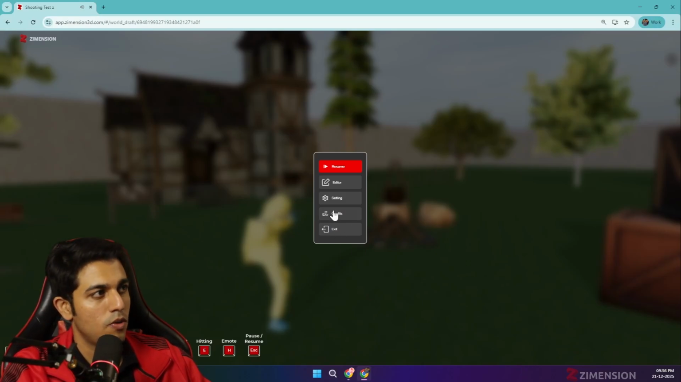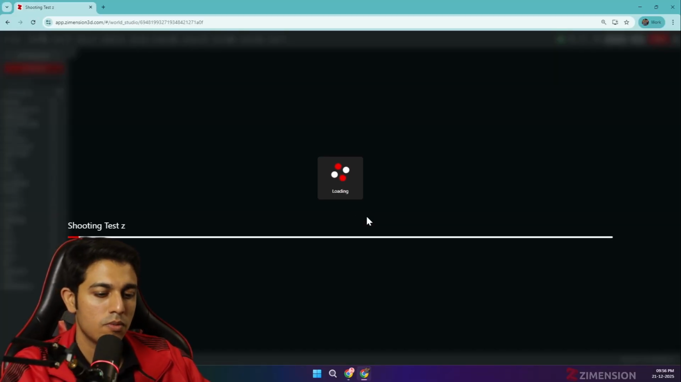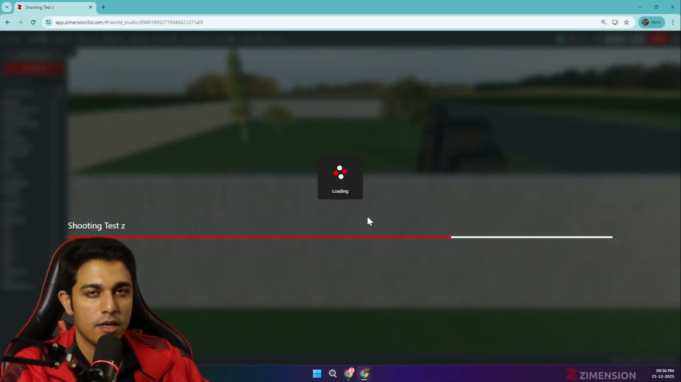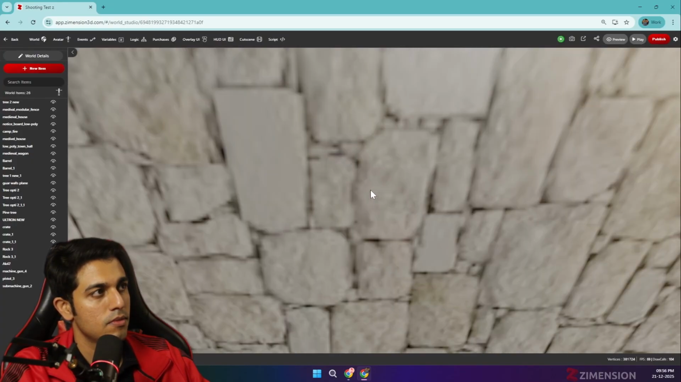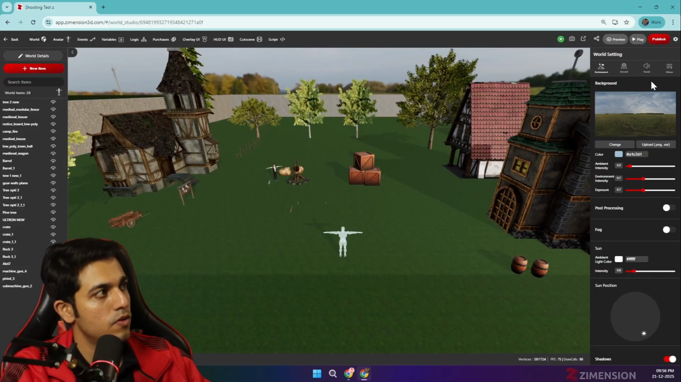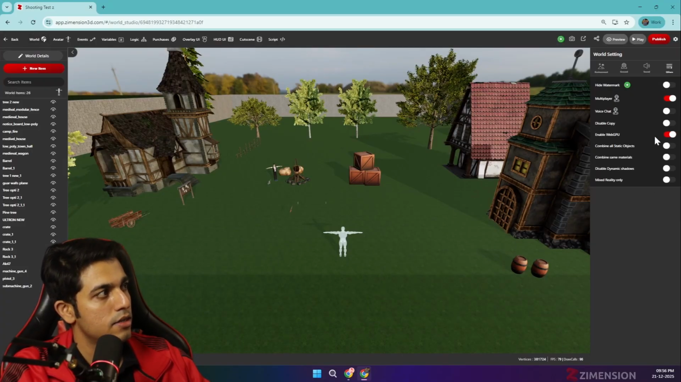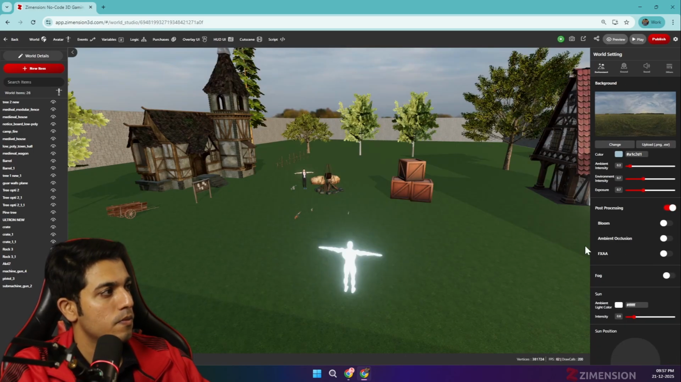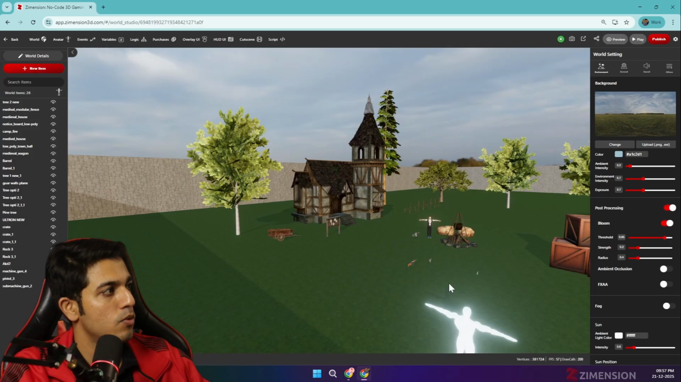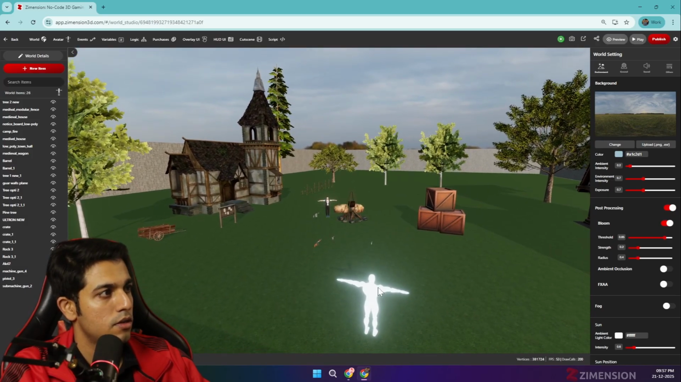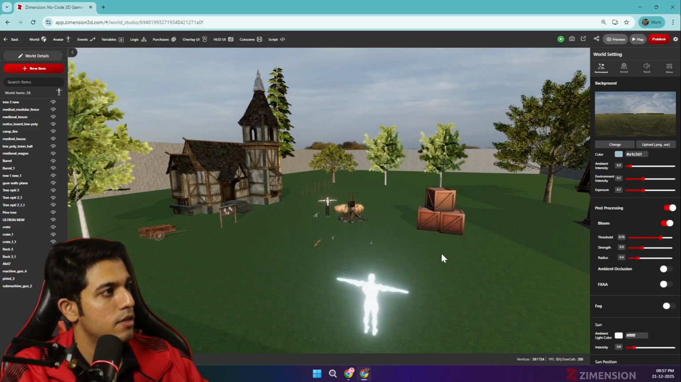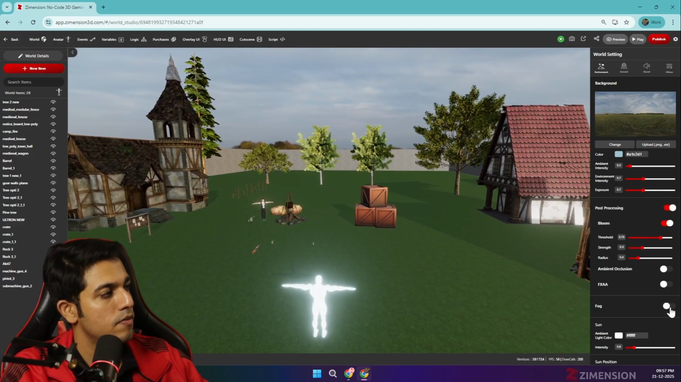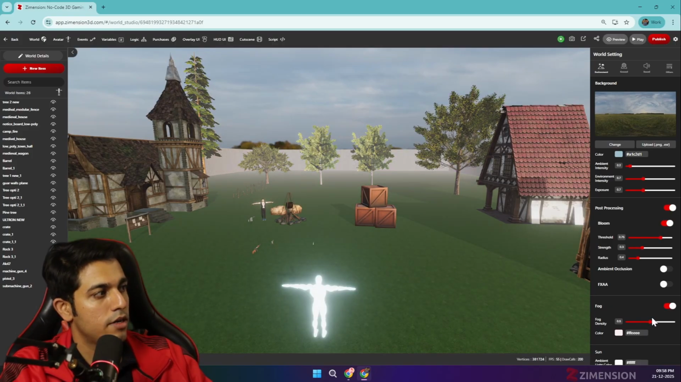Let me also show you the WebGPU thing. This is also not relevant to shooting, but something that enhances the performance on some devices. To do that, I'll go to world setting, go over here and just click enable WebGPU, and let me add some post processing. You can see we are enabling bloom over here, and all those things which are brighter will probably shine. I'll increase the intensity a bit, and let me add some fog over here. So let us add some fog